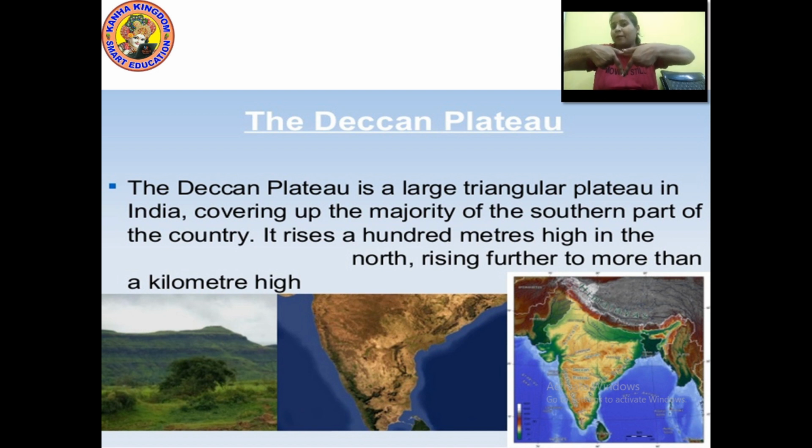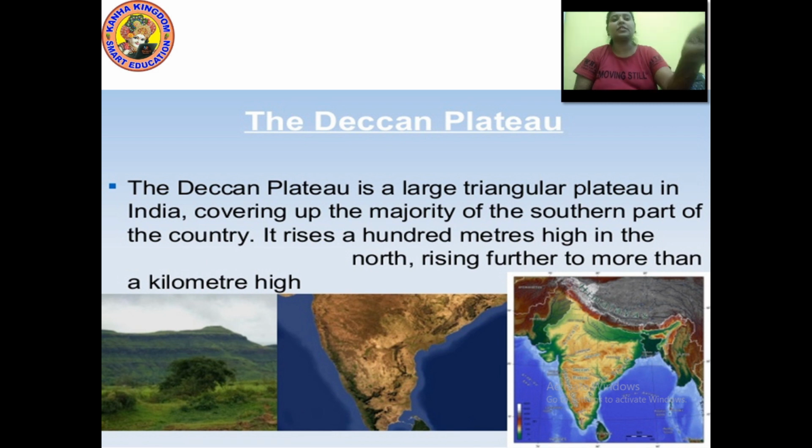Usually the Deccan Plateau is a large triangular plateau in India, covering the majority of the southern part of the country. Because at the bottom it is the south of India, mostly the southern part of the country comes in the Deccan Plateau. It rises 100 meters high in the north, rising further to more than a kilometer high.